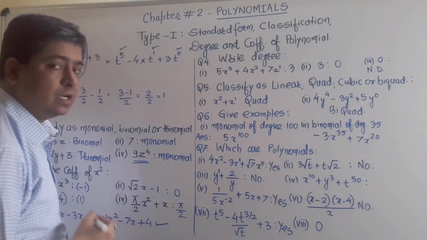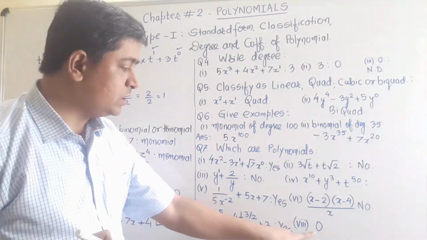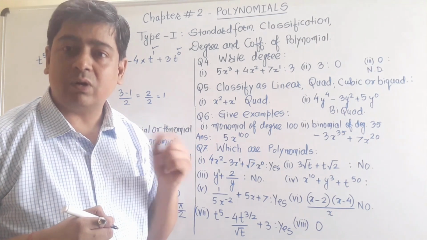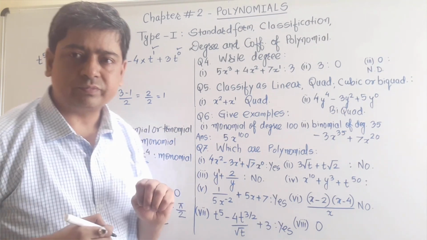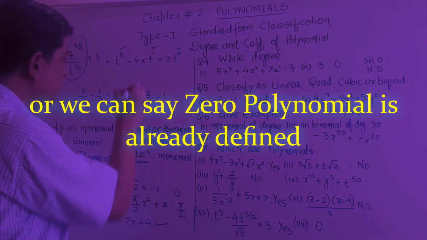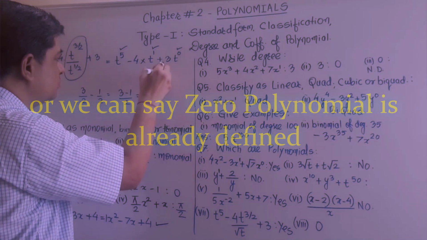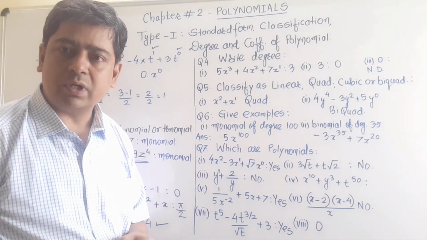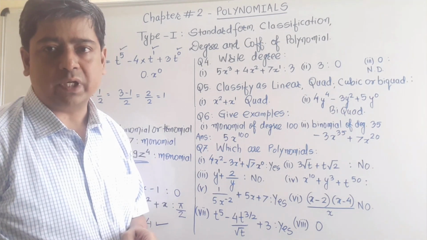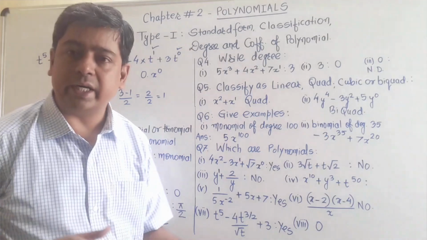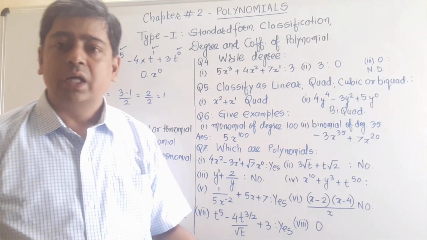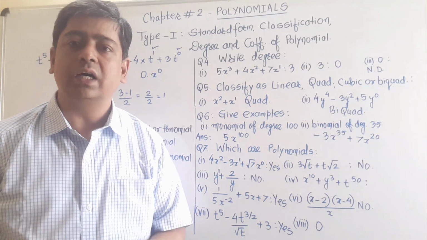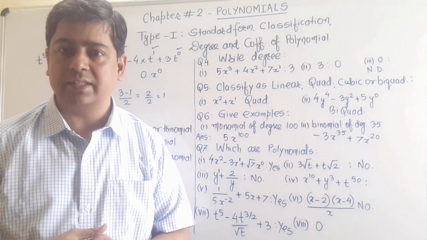And last but not the least, 0. As we have seen here, degree of 0 polynomial is not defined, but here there is no problem, because if I say along with 0, I can assume 0 into x to the power 0, and 0 is a whole number, so we can say that it is a polynomial. Okay, so now we have completed all the questions till here. Now further I will take the value of polynomial and the zero of polynomial in the next session. Okay, thank you.